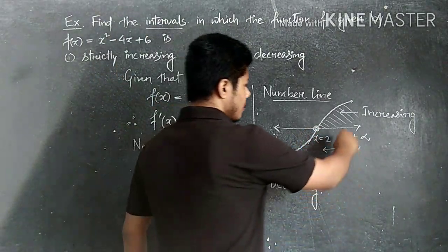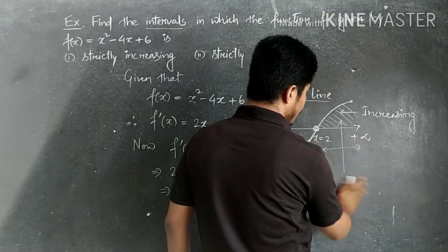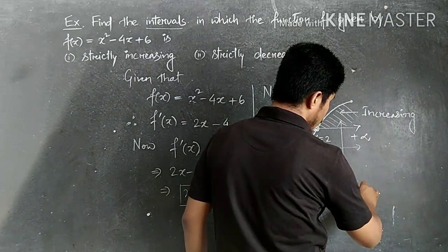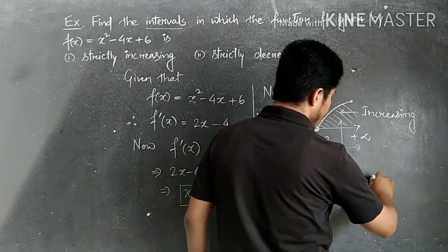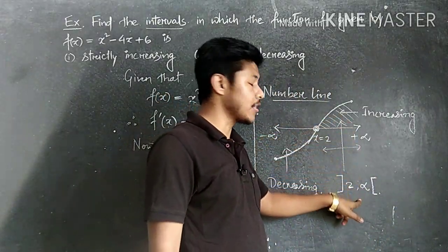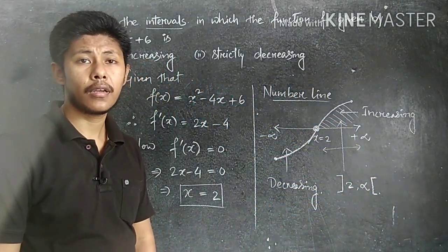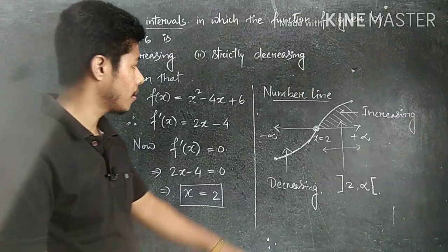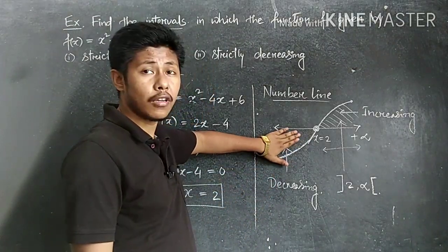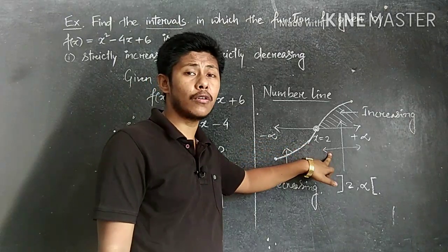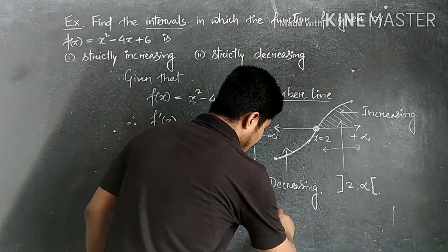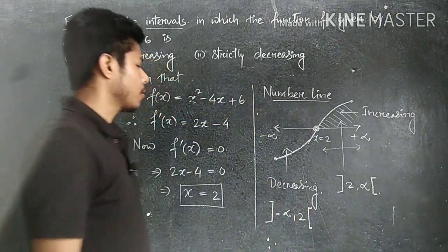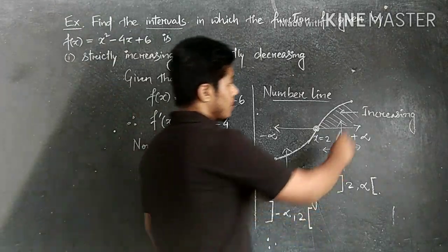So that means in this case, the interval we get is an open interval, 2 to infinity. Infinity is always open. So for strictly increasing, the interval is 2 to infinity. Is it clear? Now for decreasing, what is the interval? Can you tell me? The decreasing part is this one, or not? And from where to where? Minus infinity to 2. So this one is the open interval minus infinity up to 2, open. Is it clear? So this one is for strictly decreasing, strictly not written here.